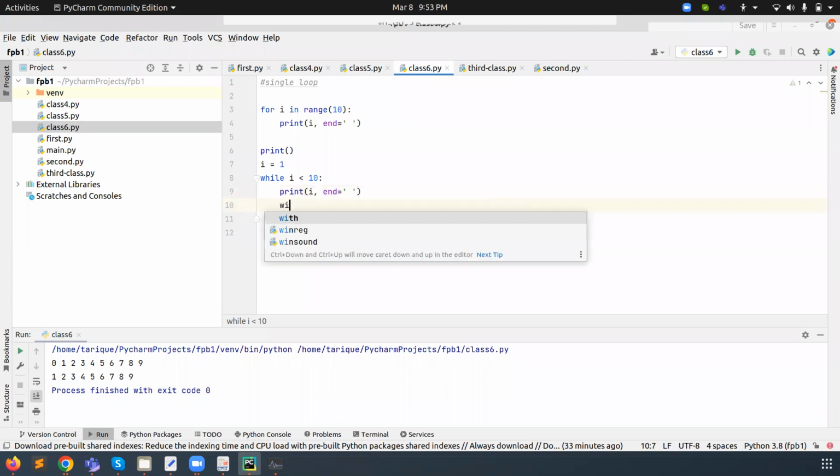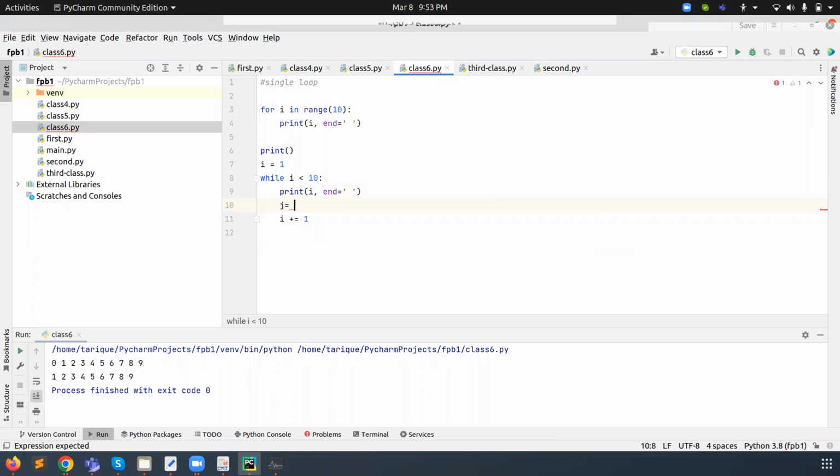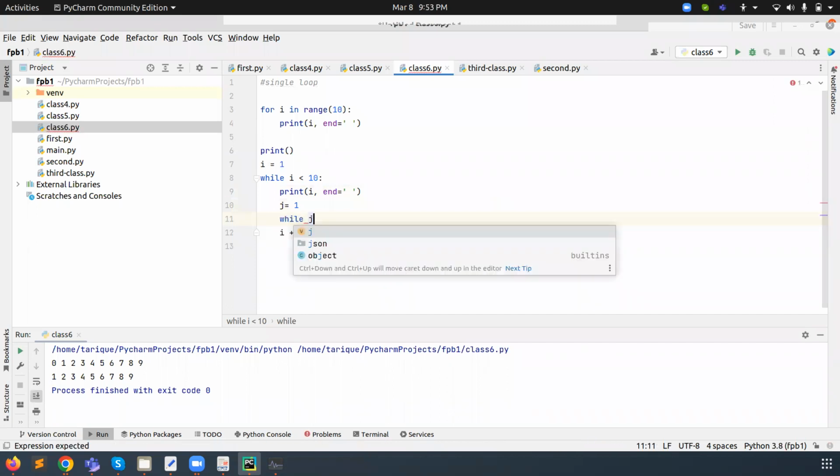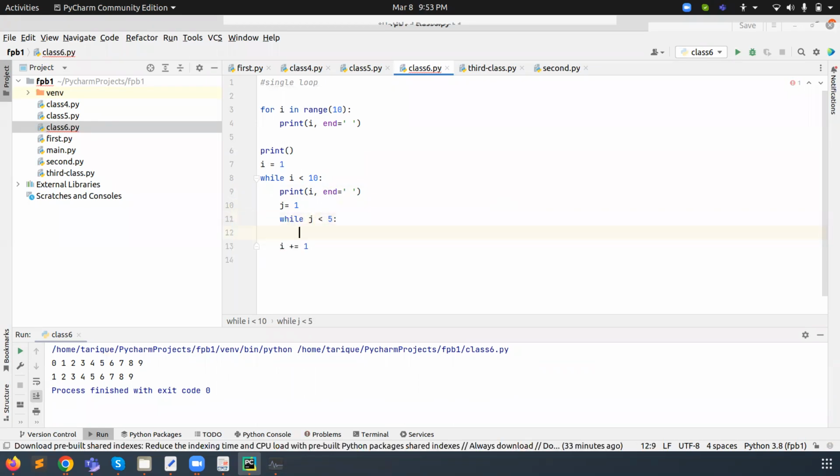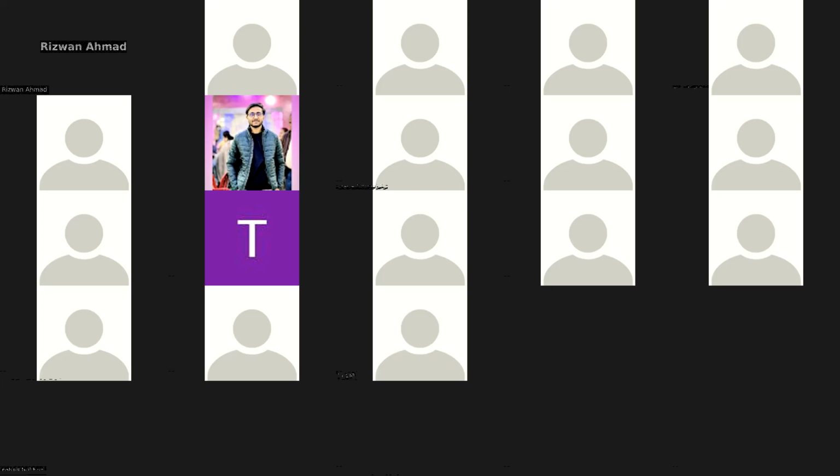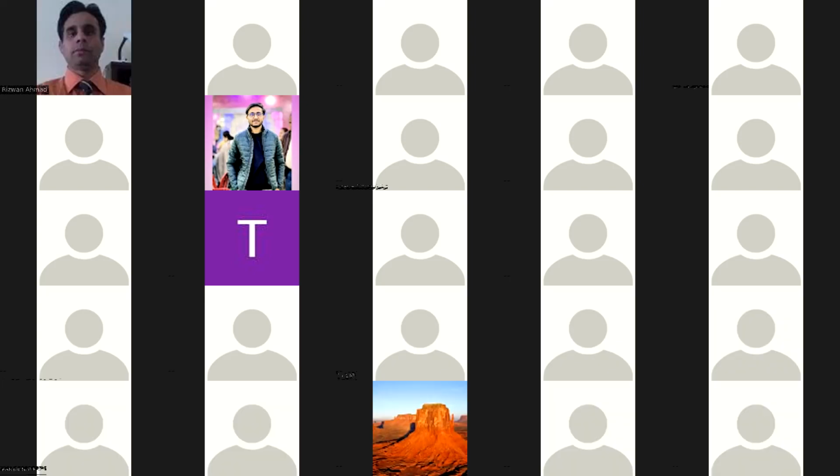Like again, I am using j equal to 1. Now while j less than 5. After that, sorry, it had stopped.